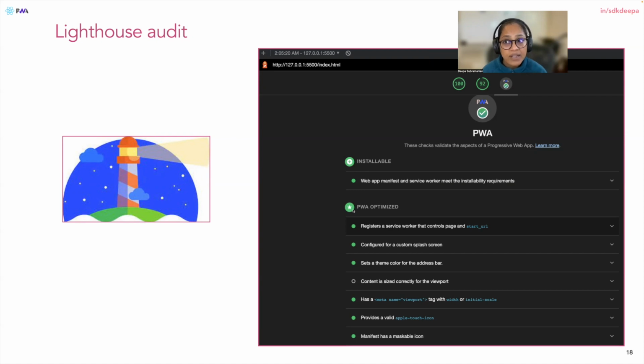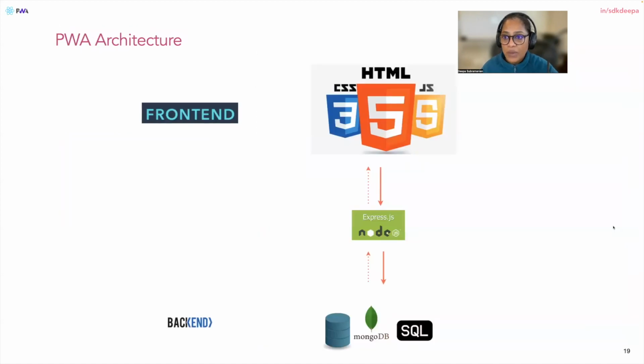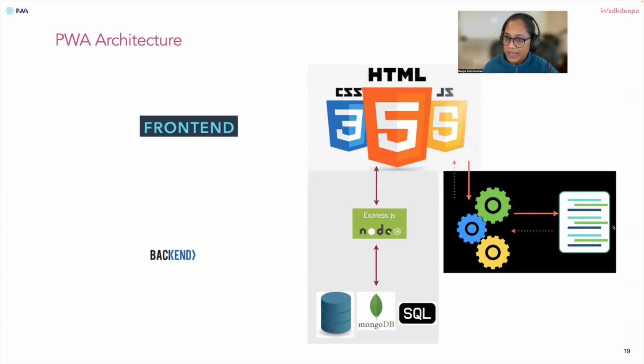And it also checks whether it's optimized for a progressive web app. For example, it says, hey, it has registered a service worker, it has a manifest with a maskable icon, and things like that. Once the check passes, you get this green tick mark at the top. If it has any errors, they'll show up here. And if you click on this drop down, it'll show you what to fix and how. So now we have the progressive web app architecture, which is very similar to your regular web application,